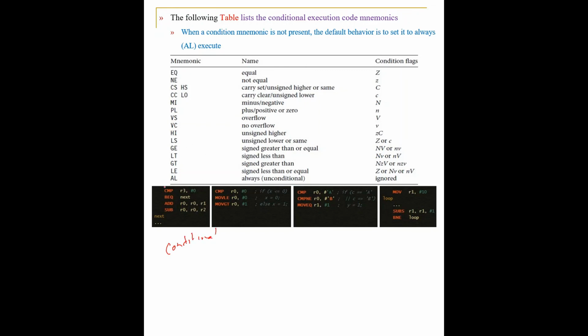See, comparing. You are comparing the contents of the register R3 with 0. If they are equal, then go to next. If it is not equal, then add the contents and subtract the contents and wind up. So every instruction will have a condition. Only if it is satisfied, then it is to be executed. So that is regarding the topic that we had to discuss in this particular video lecture.